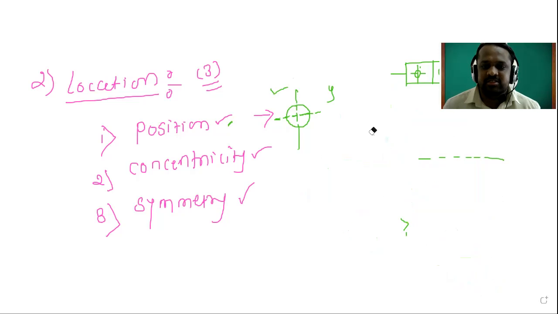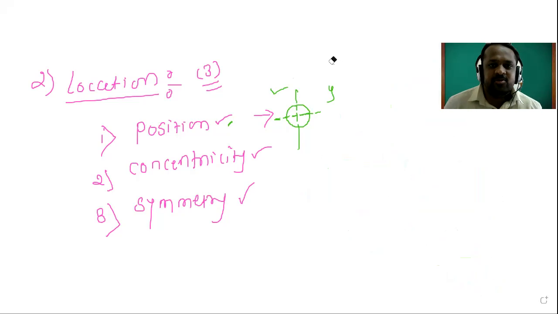Then next is the concentricity. What is meant by the concentricity? Anybody, any idea? What is meant by the concentricity? When can we say it has concentricity? For example, suppose I will draw here